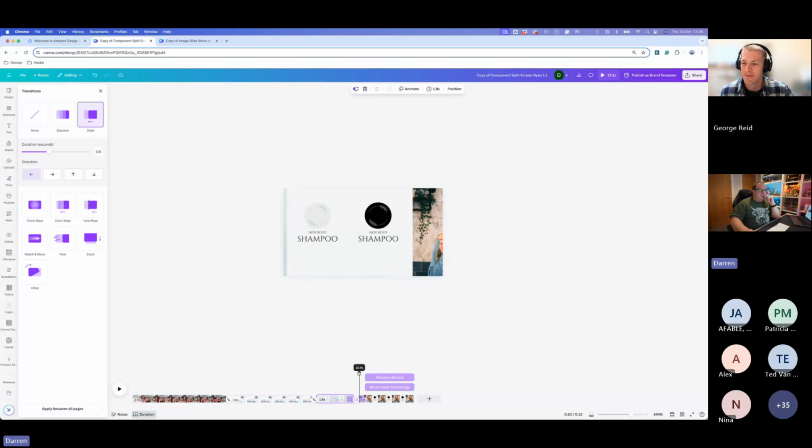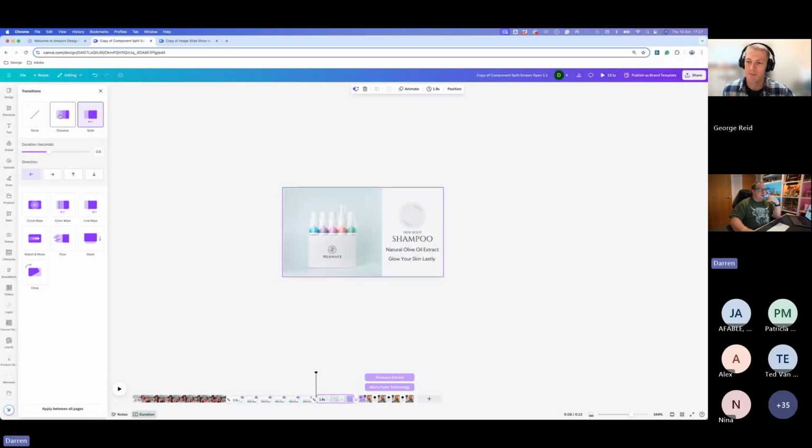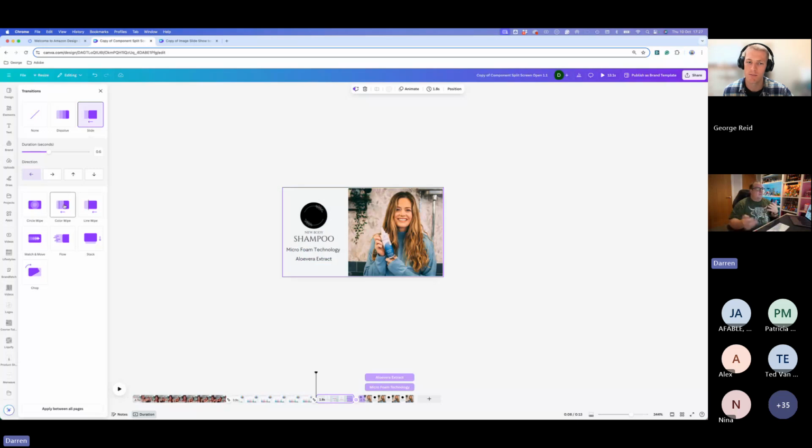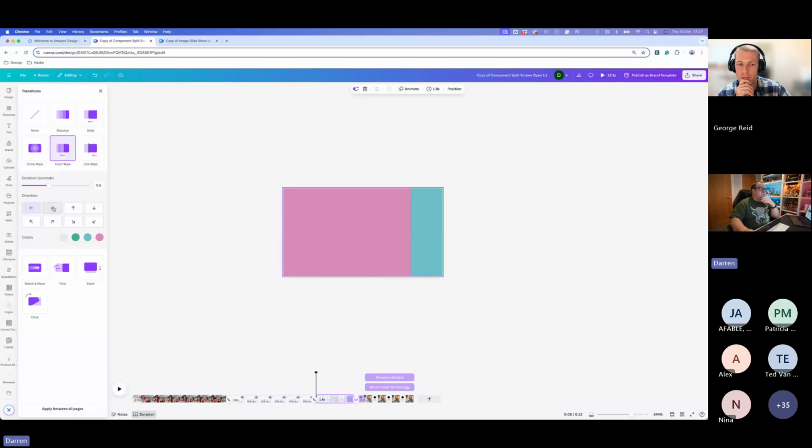Thank you. So what we've got is you can change the transition on this. So you could change to a dissolve, which is like a fade. You can have a color wipe. So if you've got your brand colors in there, you could add a color wipe. And you can change your brand colors on here. You can just click those, and if you've got your brand kit set up, you can then choose from your brand kit colors down here as to what colors you want in that transition. And you can also change the direction of this, so it's up, down, left, right. You've also got some diagonal swipes as well, so you can change all of these things so it keeps the viewer engaged on that side.